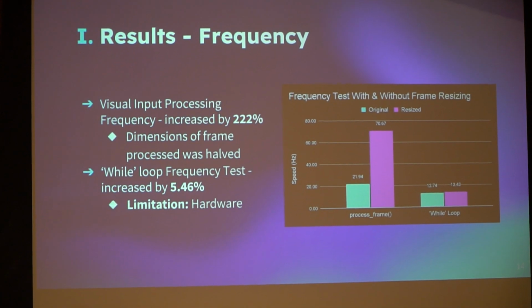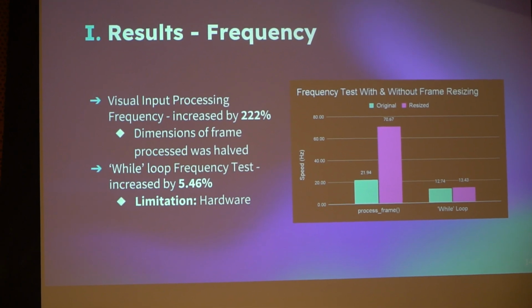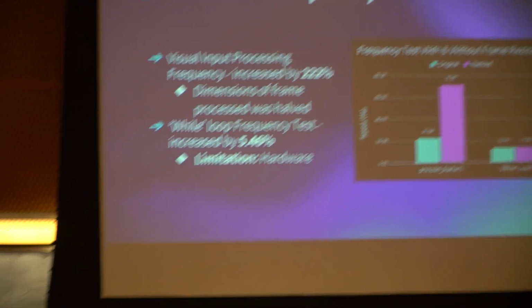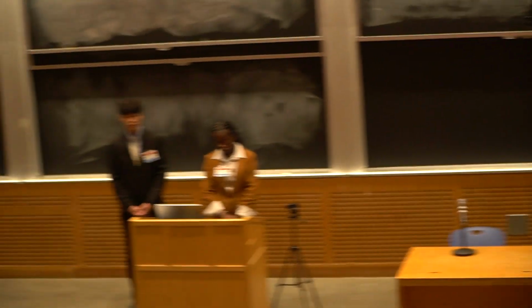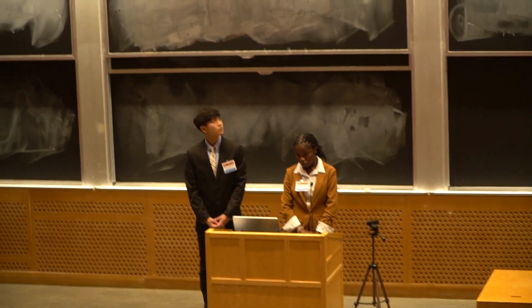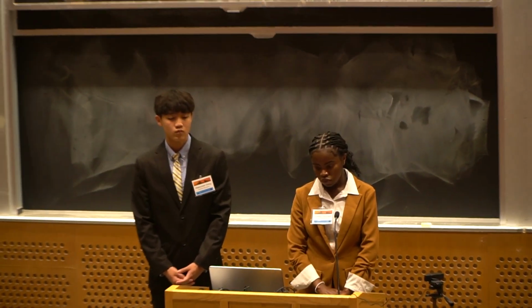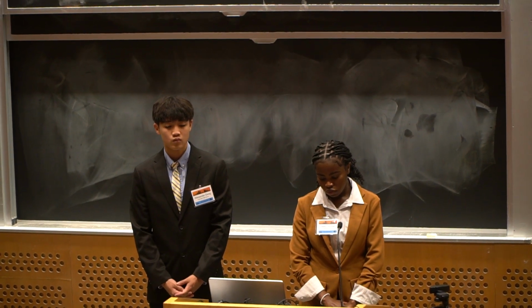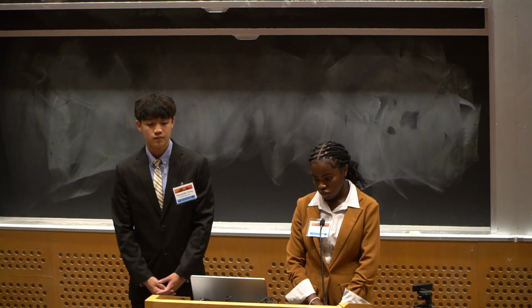So for our results, we saw that when we decreased the frame size by half, the process frame method resulted in a processing frequency increasing by 222%. This large increase is likely attributed to the fact that resizing the frame's dimensions by half meant only a quarter of the pixels needed to be processed, and that definitely sped up the process of detecting the object using